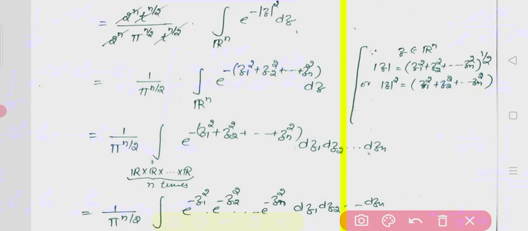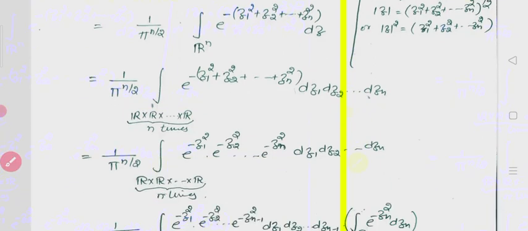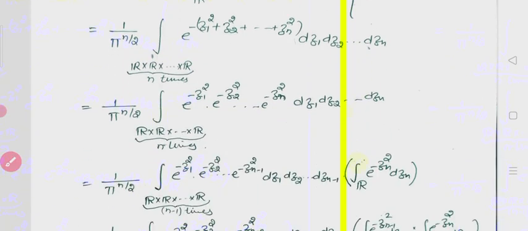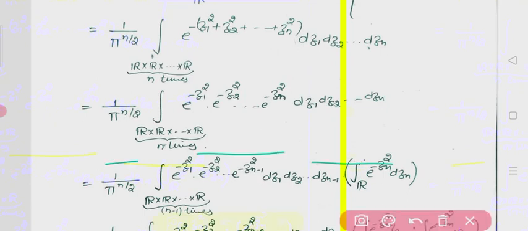So we write down its value, dz1 dz2 dzn. And what is R n? R n is R cross R cross R cross up to n times. Okay, so this is the multiple integral, as you can see, n times integrals are there. As in the triple integral you solve, in the similar manner we will solve. First we will solve for zn. So each term you can write down: e raised to power minus z1 square into e raised to power minus z2 square into e raised to power minus zn square, and dz1 dz2 dzn is there.